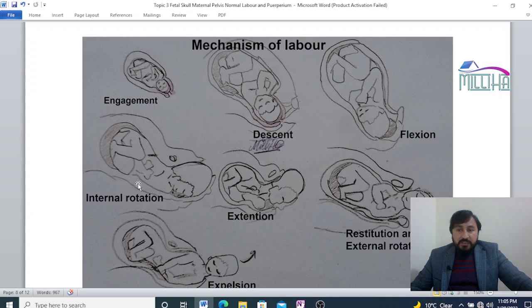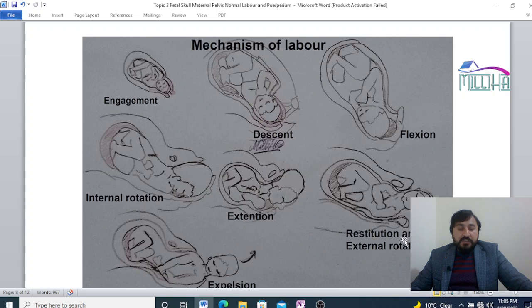Okay, after flexion, this is the fourth step, internal rotation. You can see the face of the baby is down towards the sacrum. Then extension. With extension, the head is born. This is extension. And this after head, then